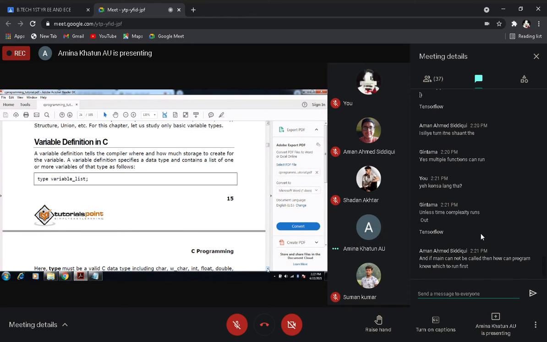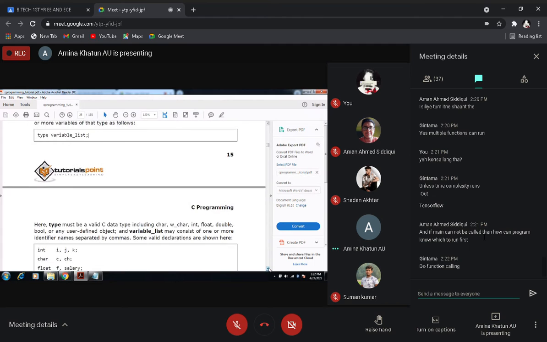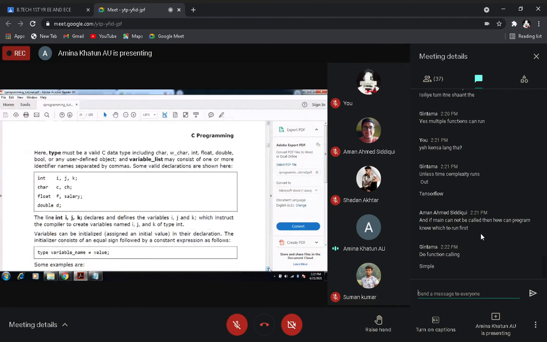So whenever you define it, you have to specify the data type, and next we assign the value of that variable. The basic syntax is type and variable list. Variable list means you can put any number of variables, more than one variable you can also use. So let's see some examples of variables.